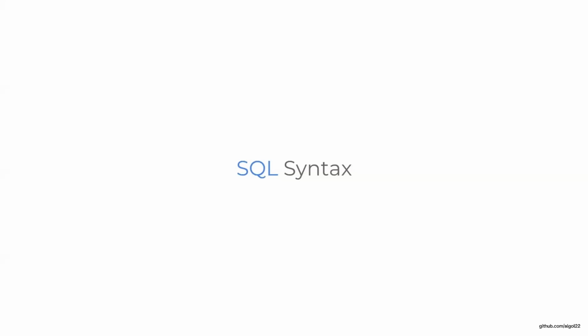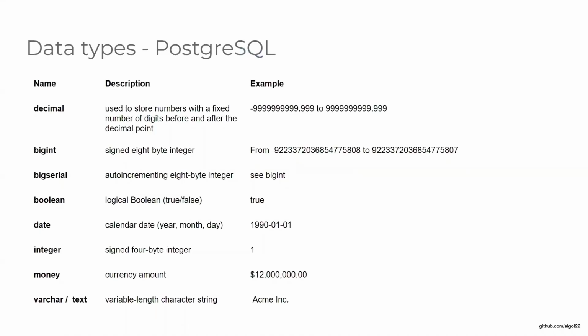Hello, in this video I want to tell you about SQL syntax. And here we can see the most common data types in SQL. It's decimal, that is used to store numbers with a fixed number of digits before and after the decimal point, big integer, big serial for auto-incrementing integers, boolean for true-false, date for date, integer for integers, and money and text respectively for